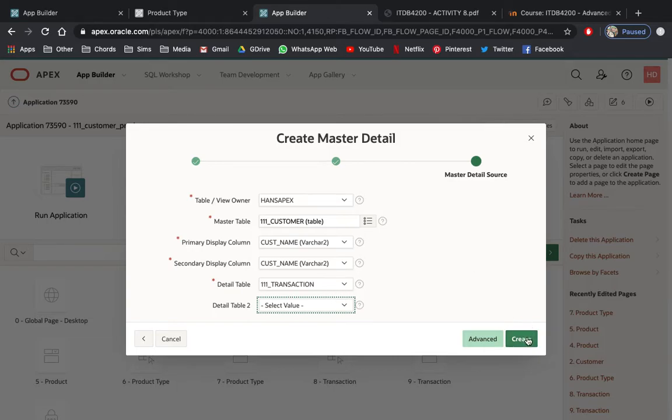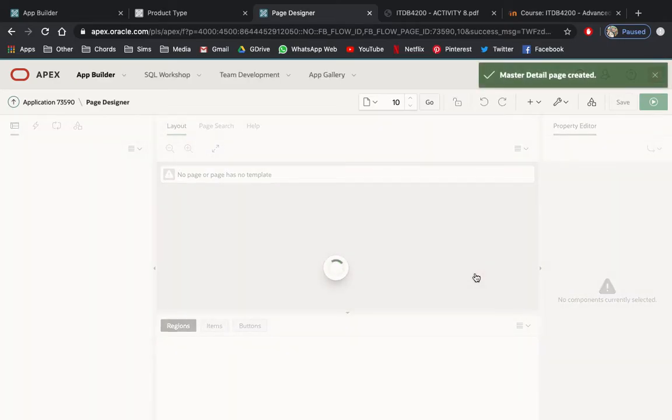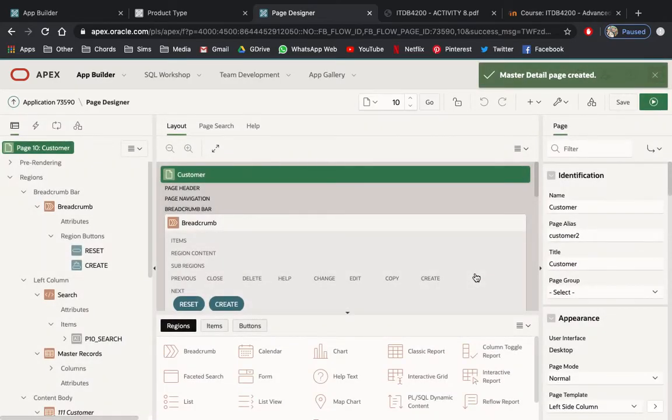So now click create. While waiting for it to be created, we can see our page designer comes with page 10, and later the other one would be page 11. Now you can see the page customer.